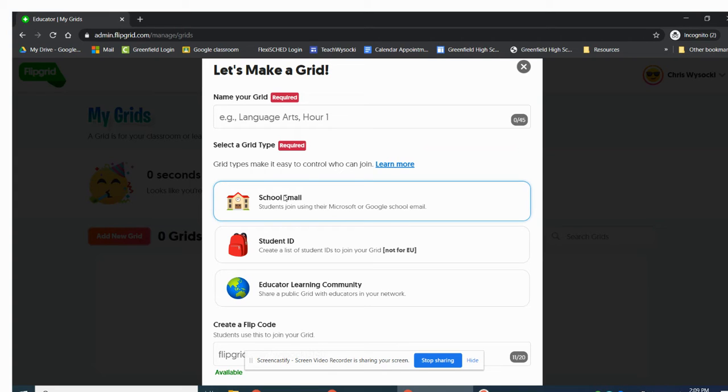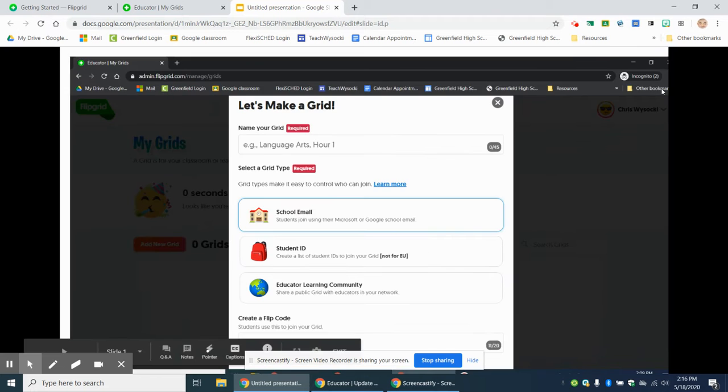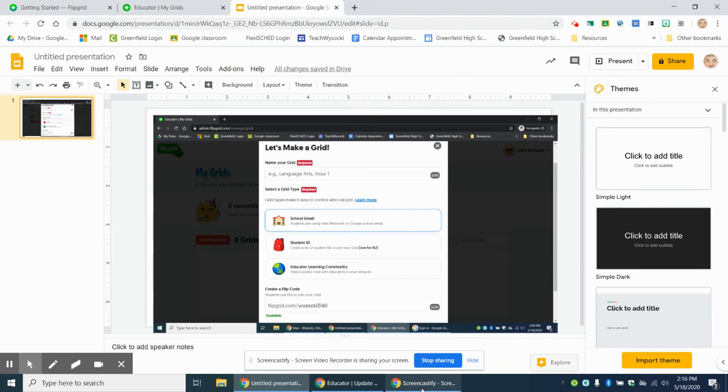Then you're going to click school email as the type of grid. That's going to require people who want to use your grid to have a school email account. And there's one little caveat I want to share with you about that. So then you'll scroll down and click continue. And when you do that, it will bring up